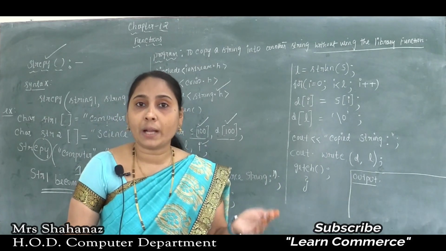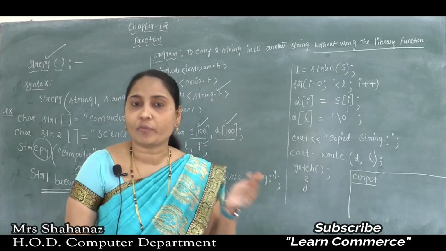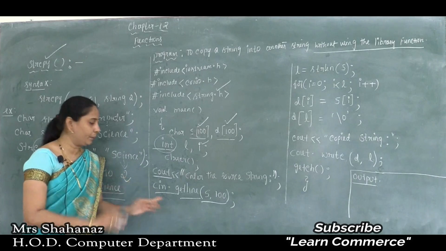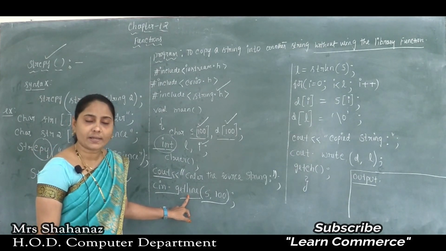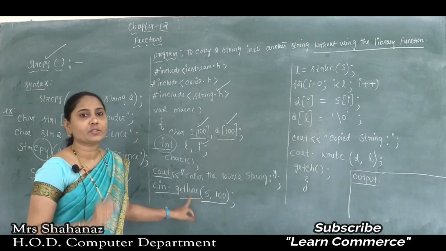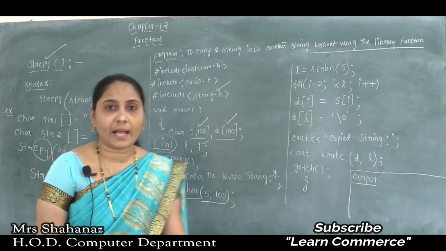And next, without using this syntax, without using this coding, it's not possible to input any information through the keyboard. That means how the program is going to accept all those groups of characters through the keyboard: just by using a function. The function name is the getline function. As we know, C++ provides a function, the function name is the getline function. And why are we using the getline function? Because to input a group of characters.